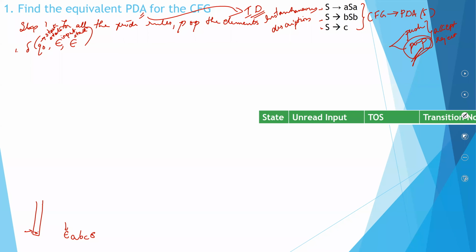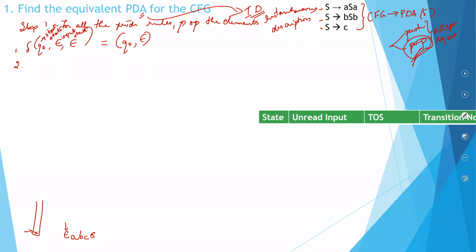So epsilon equal to, where are you transitioning? You are not transitioning to a new state. You are still in the Q0 state, and you have epsilon inside your stack. Whichever PDA it is, this will always be your first transition. Initially there's nothing, and you are still in the Q0 state. Okay, so my initial state is over.